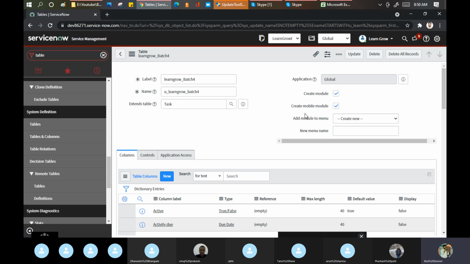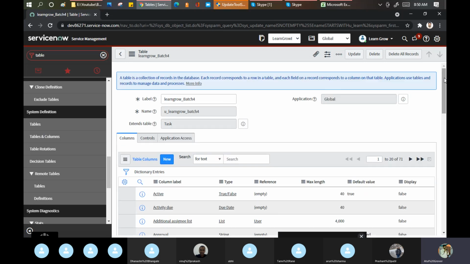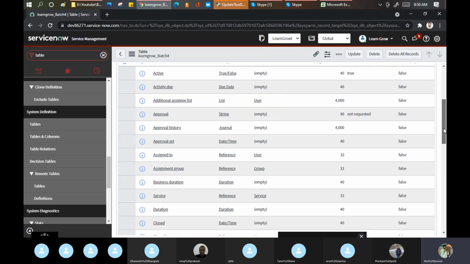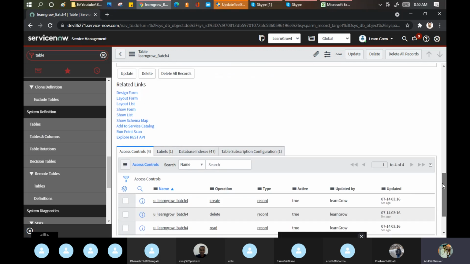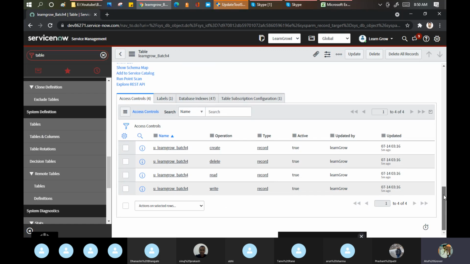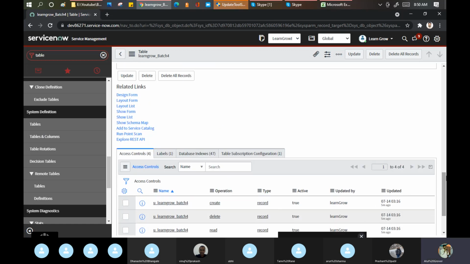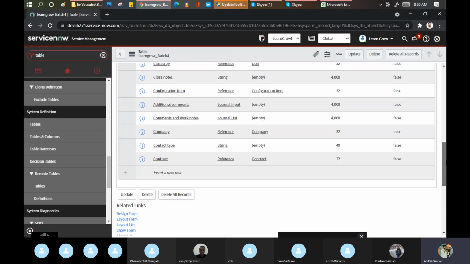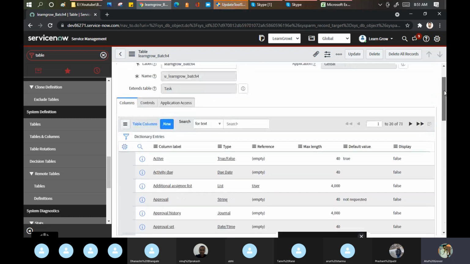Learn grow batch. If you want to create a new one, you can go here and create one with the module. Gone. I don't really see the module. Maybe in the advanced view or something. Okay, let me come to that part.